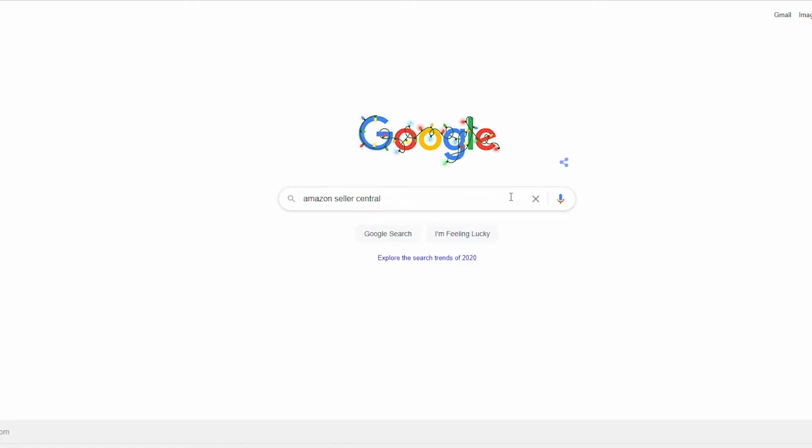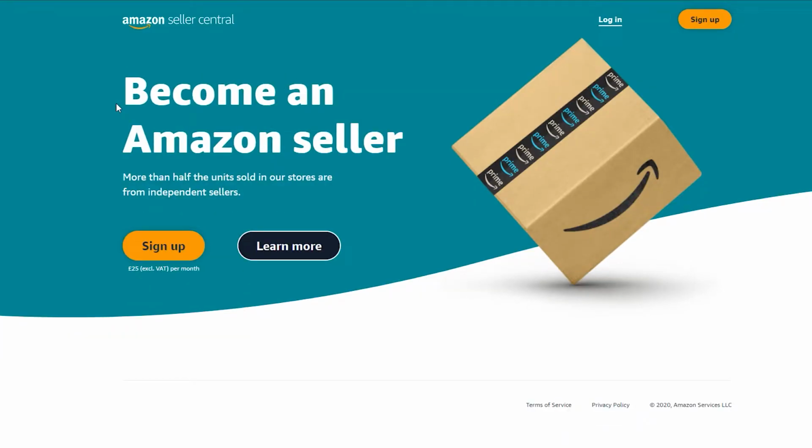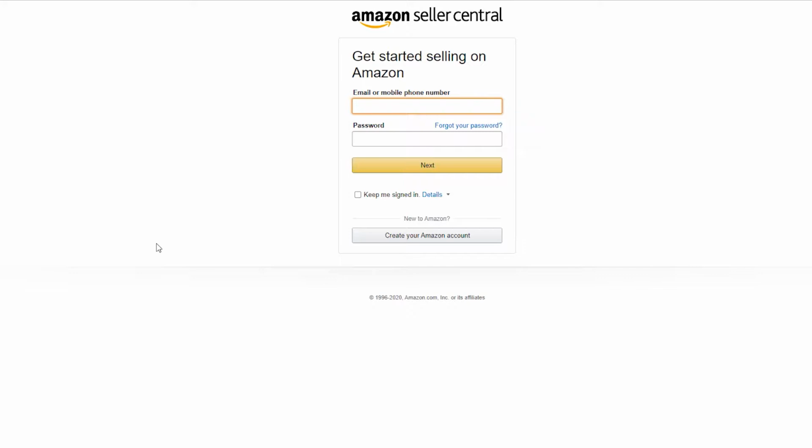to do this. Firstly, you're going to want to go to Google and search Amazon Seller Central and click the relevant one for you. For me, it's the UK. You want to create an account. There are two selling plans when selling on Amazon. There's the free one, which there's no point using. It's literally, you're gonna waste loads of money. And there's a professional seller plan, which is around £30 a month or $40. Basically, there is no listing fees and it's just a one-off fee a month of $30 or $40 and there's